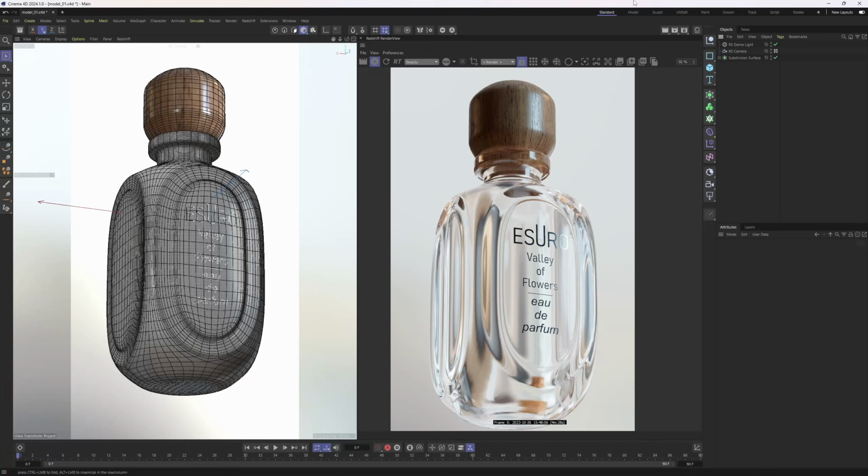Hello everyone, welcome again. In this one, I'll show you the basics of modeling and rendering glass bottles in Cinema